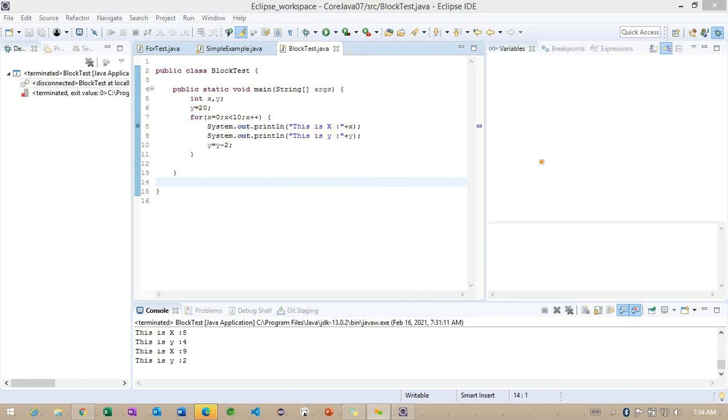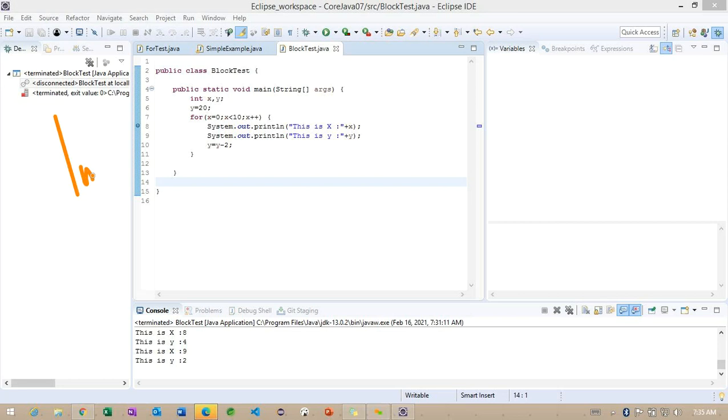Back to here, in Java, basically Java is a strictly typed language. Whatever type we specify, we need to work with the same type. If you try to work with a different type, we are going to get an error. We'll see what kind of error we get. Just imagine Java is a typed language. Whatever type we specify, we need to work on the same data type. And internally, Java has 4 categories of data types.